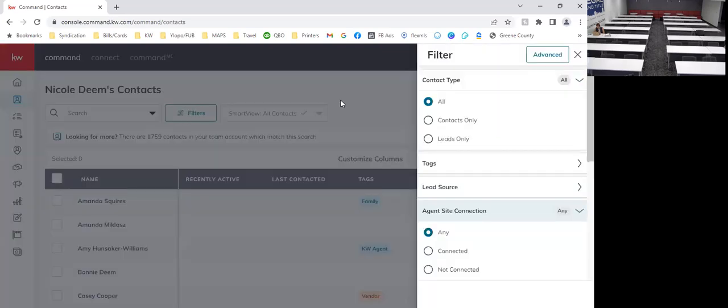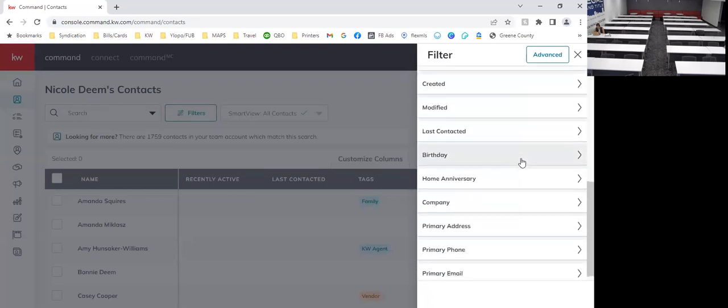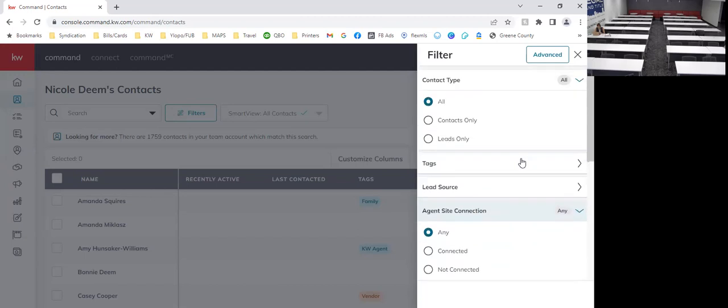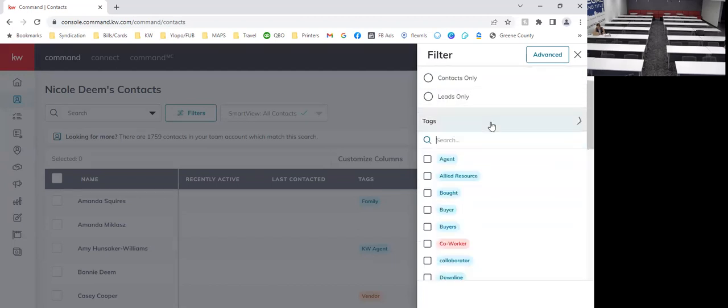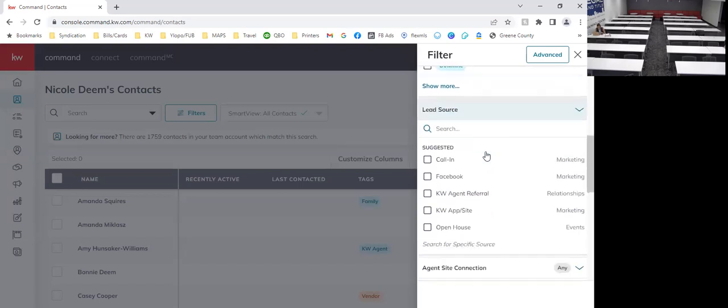So I'm going to go over here to filters. So this is really, really cool. They have changed this and made it just an amazing thing. So you can pretty much do, here's your contacts only. You can filter them by leads only. You can filter them based on what tags are in here. You can do lead sources,